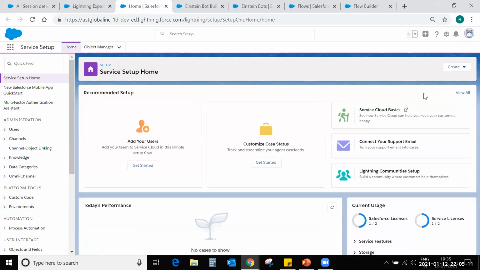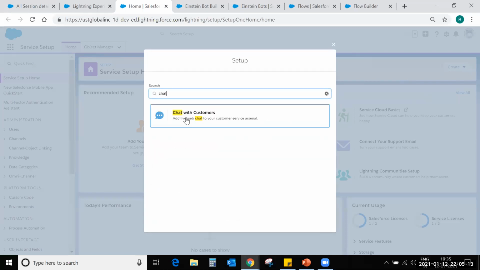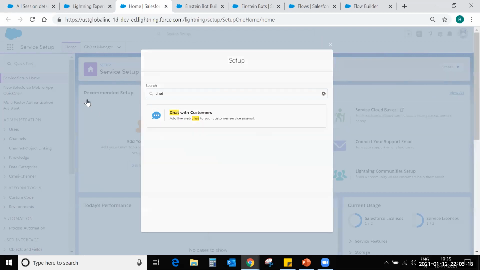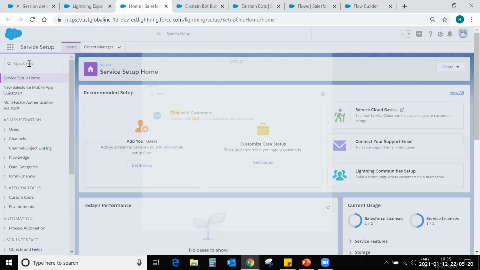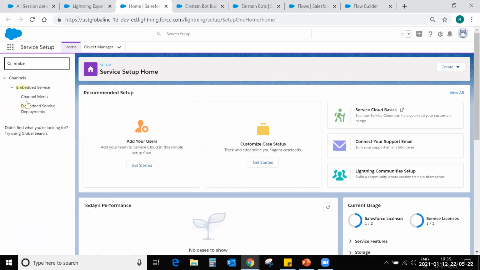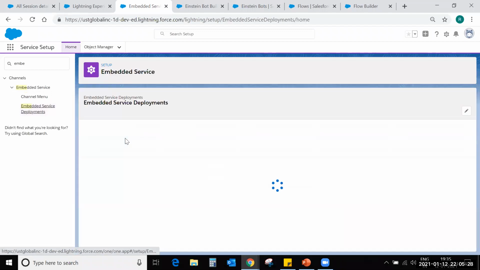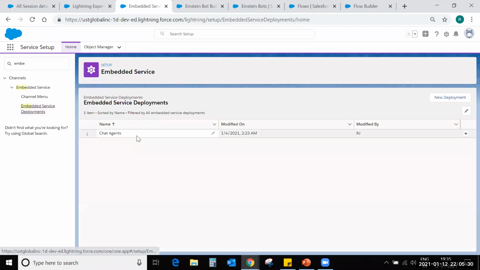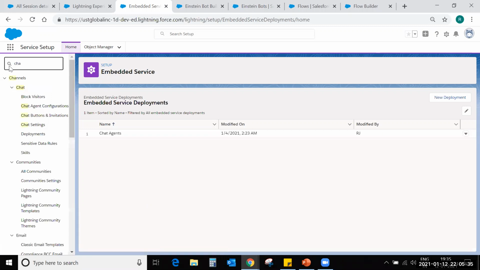If you see here, choose this Chat with Customers. I have already created an embedded service deployment called chat agents, and this will also be associated to a chat button.